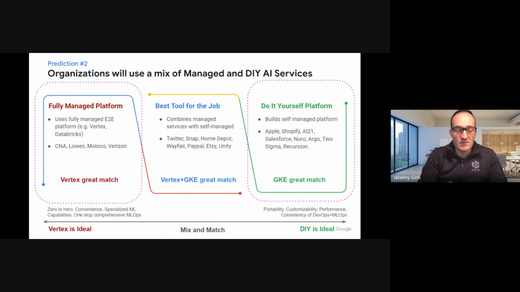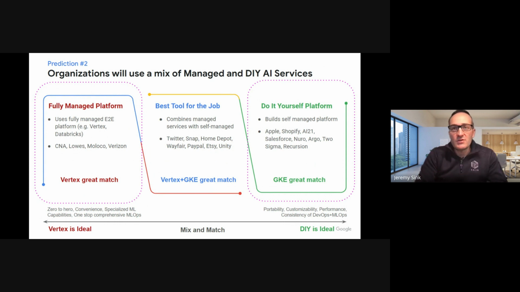That's what Vertex is. It can help you to run your own large language models for text, or image models like Imagen, if you're creating those images, text to images. There's translation. You can tune. You can do all the things that an AI data scientist would want to do right on the Vertex platform.